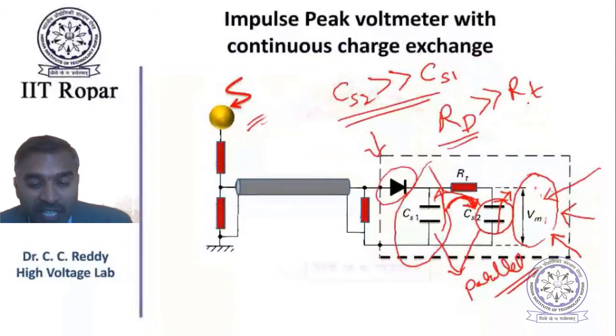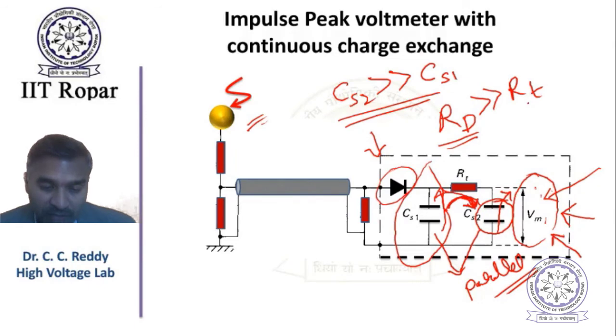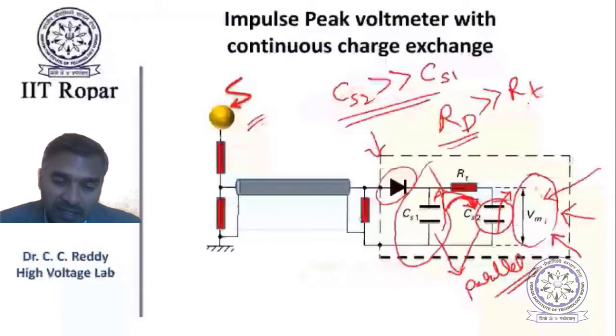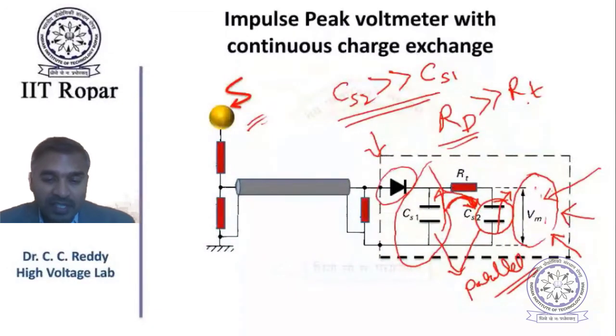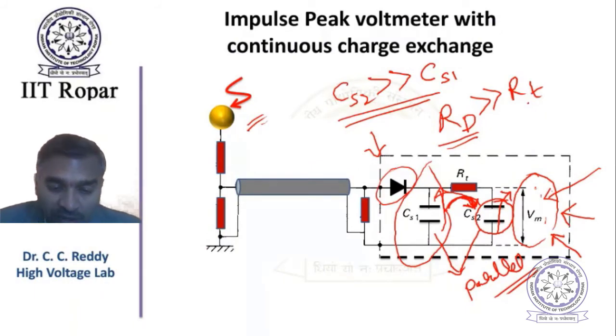So the discharging, we do not want it to happen within 10 seconds. It should not go, otherwise we have to amplify and measure in DC, right? So if the voltage reduces significantly within 10 seconds, it should not decrease by more than 1%. That is the target. So in order to achieve this, this kind of setup is used. So definitely it discharges through this diode, the reverse diode.